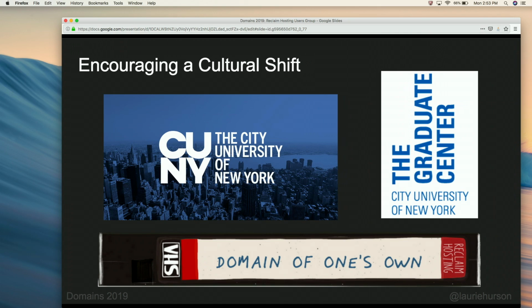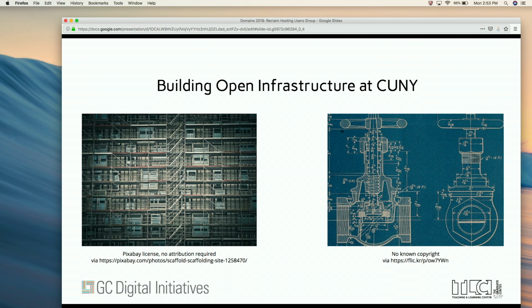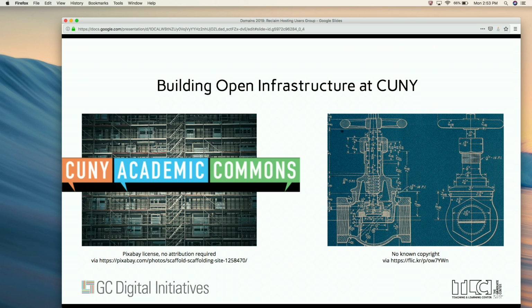So our question is, we're supporting mostly graduate students. We have a lot of programs that graduate students are in, but we have had this larger push within the Graduate Center to build open infrastructure for different needs. And part of that is open educational resources, but even before that, you saw the CUNY Academic Commons, which is a big WordPress installation that started at the Graduate Center that now has over 16,000 users